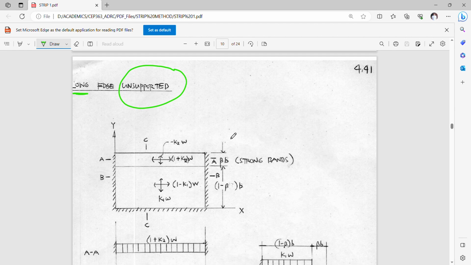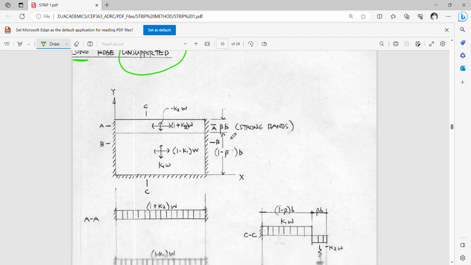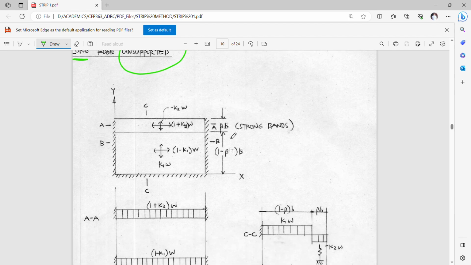Good afternoon, guys. So we again here continue my discussion on strip method. So this time I'll be discussing the situation where one of the edges is unsupported, and that is the long edge unsupported. For this particular slab panel, take note of the distribution of the load